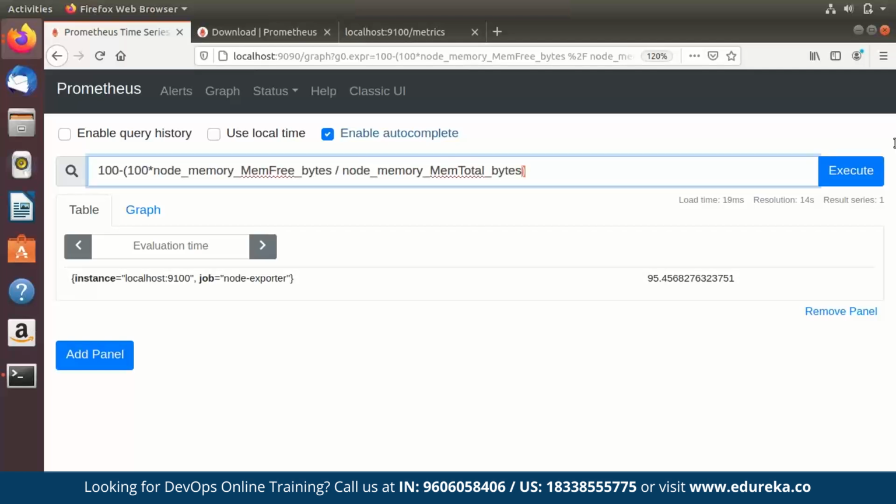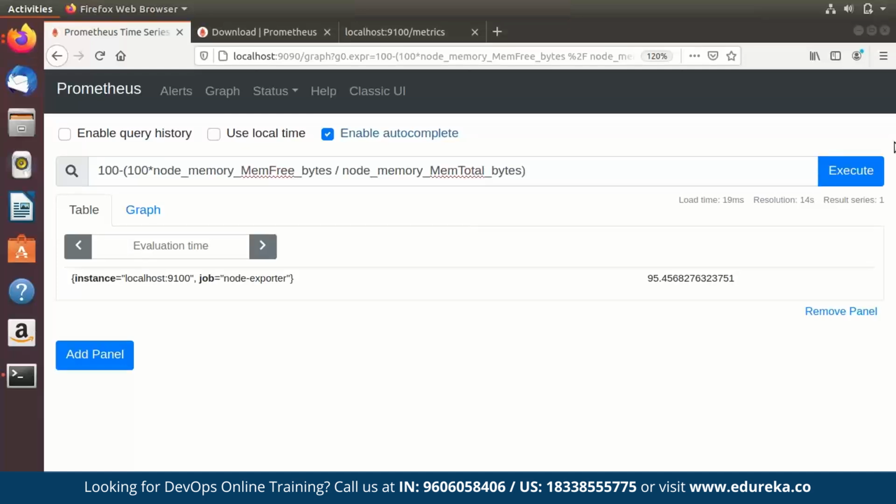Now, what if I want to execute this query very often? It would be very time consuming to type the whole thing out and then execute it. But there's an easier way to make this a query, so that it drops down in your drop-down list, and you can just search for it and execute it. So how do we do that?